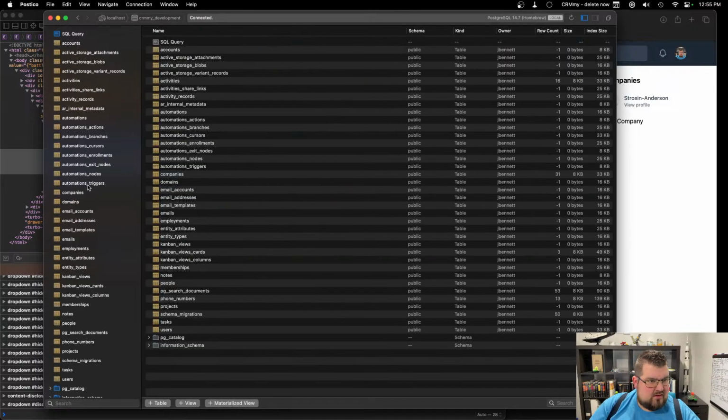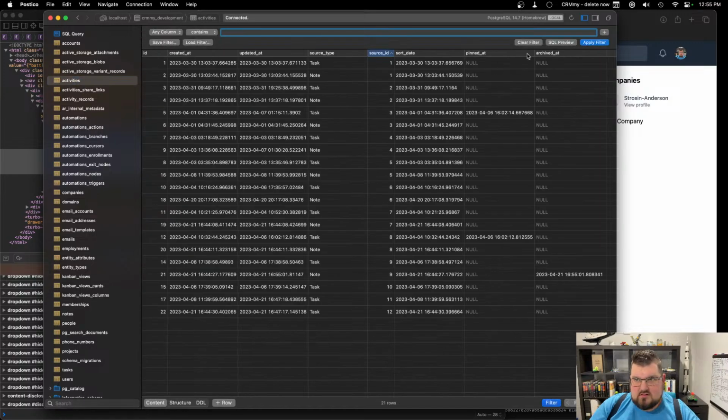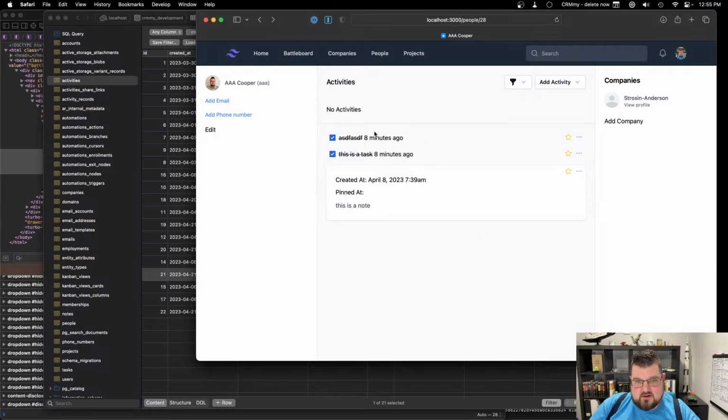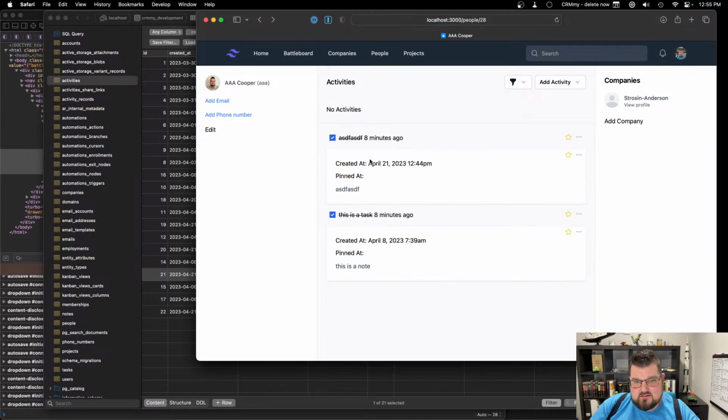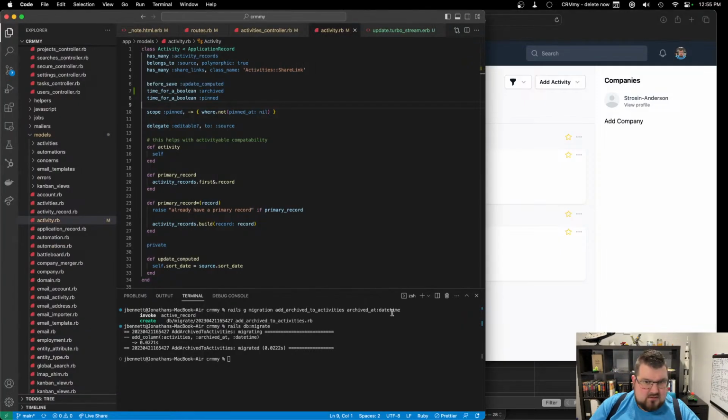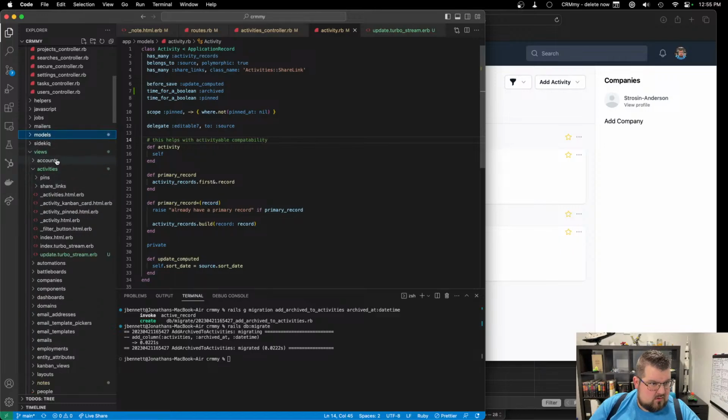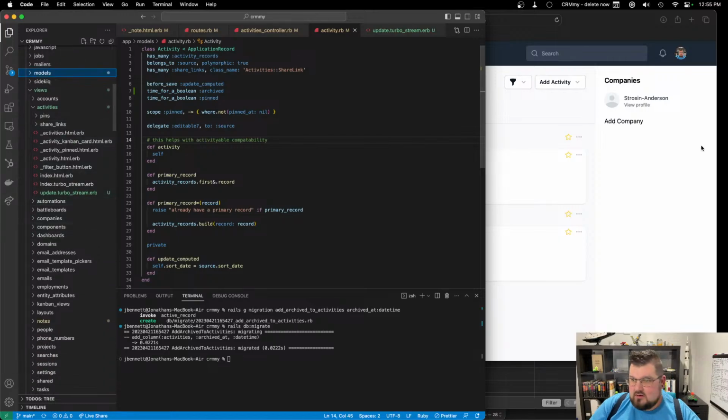And if I go to the activities, archive, that is set, great. So the only thing that needs to happen is when I refresh, this is actually going to come back because I haven't removed it. So that's working as expected. So if I go to the, what are we on? We're on a person. No, so if I go to the activities,